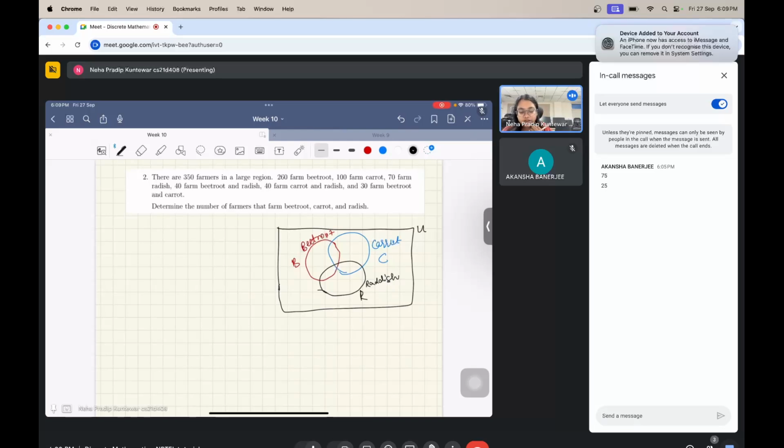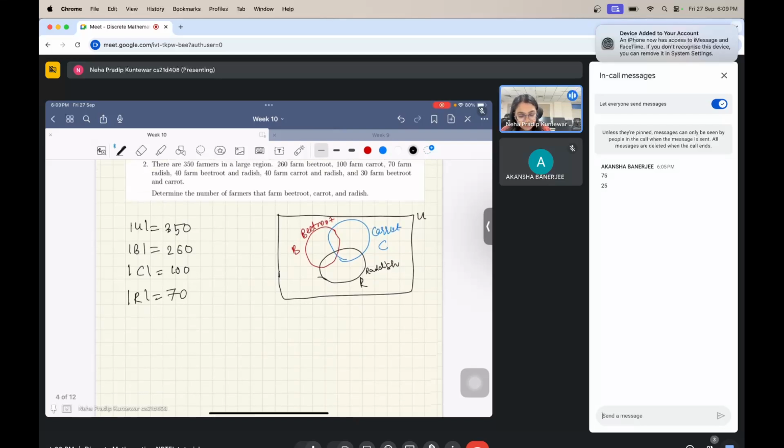Okay, and then what you know is the size of the universe is 350. The number of beetroot farms is 260, the number of carrot farms is 100, and the number of radish farms is 70. Further, there are 40 that do beetroot and radish, so B intersection R is 40. Then C intersection R, this region, is 40 again, and beetroot and carrot